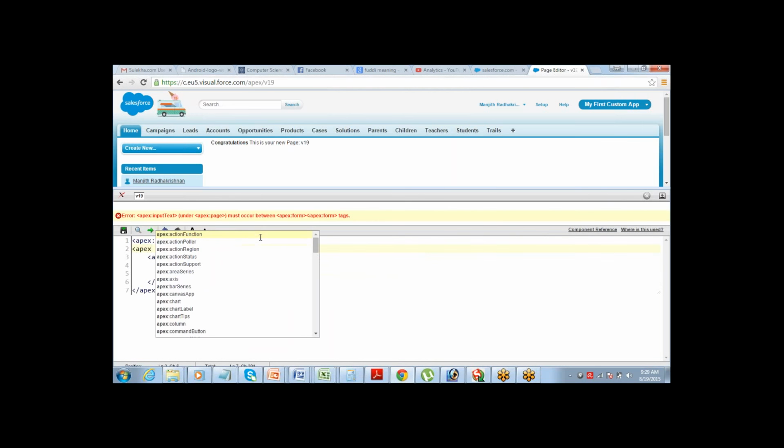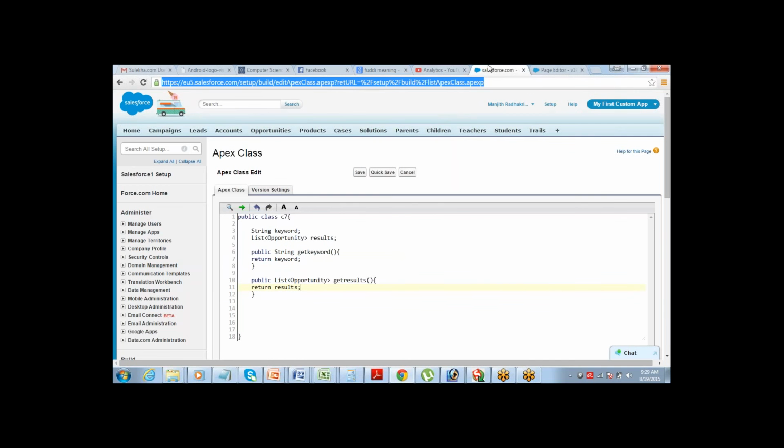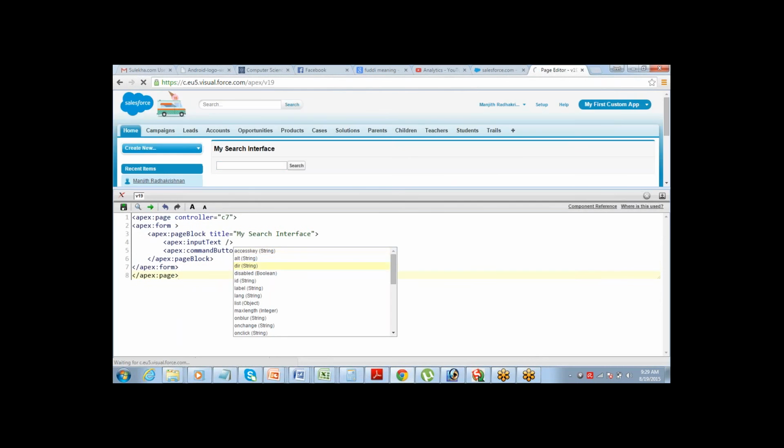It is required inside an Apex form component. It's a write-only property. Okay.